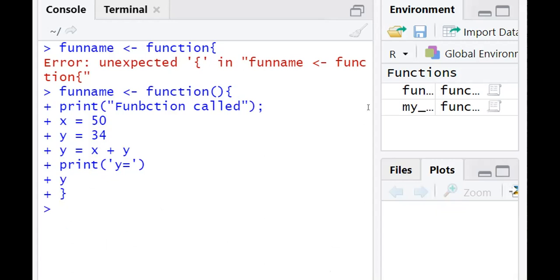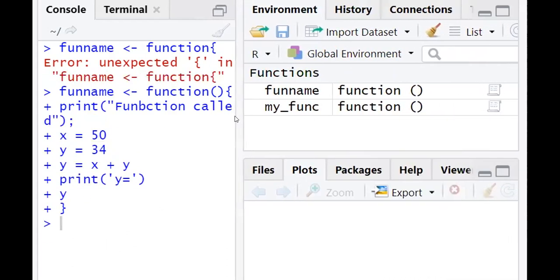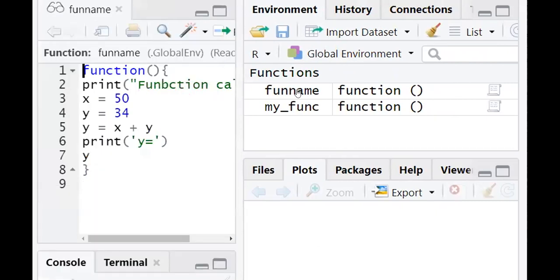So I can observe in the environment window, let me pull it. You can observe the function has been added over here, the function name. When I click, the function has opened over here, and it is getting added in the environment.